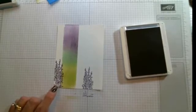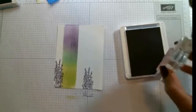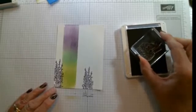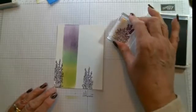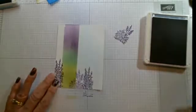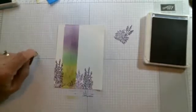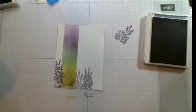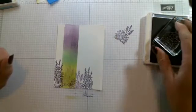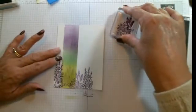And then I'm going to add some of the other flowers, the small flowers. I'm going to use the Gorgeous Grape again, but this time I'm going to stamp into my ink, and I'm going to stamp off, and then stamp on. And I might just go over top again without re-inking it and add a little bit more, so you're just left with like a shadow there. So I'll just stamp on